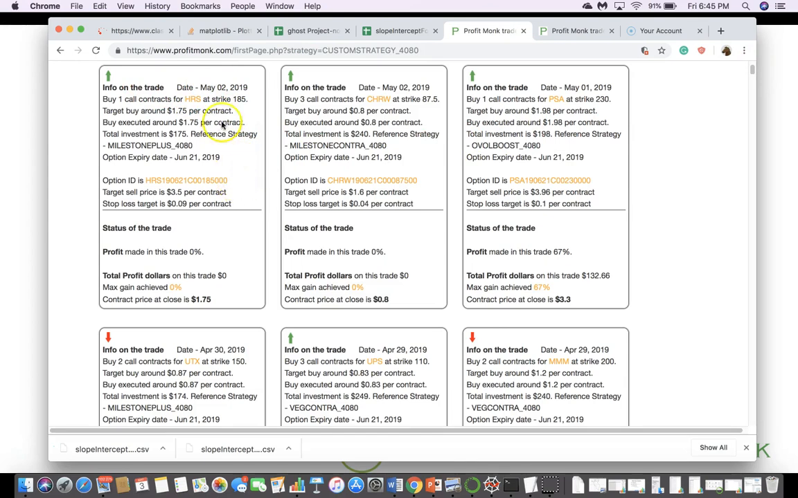The information is exactly the same about the trade: how many contracts to buy, what's the buy target, what's the strike of the contract, what's the expiry date, and so on, and the remaining status of the trade. So hopefully this helps you